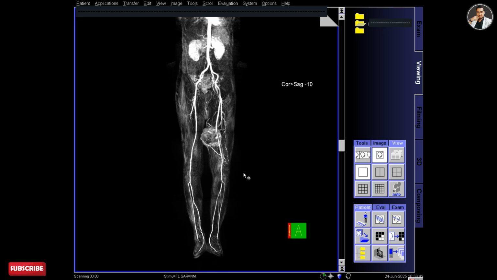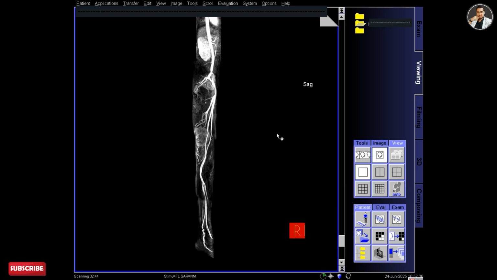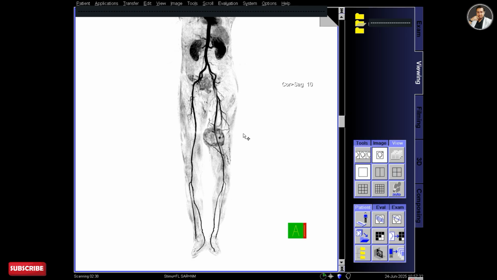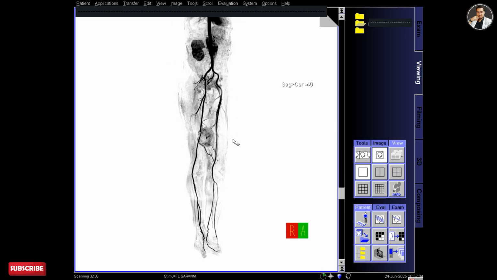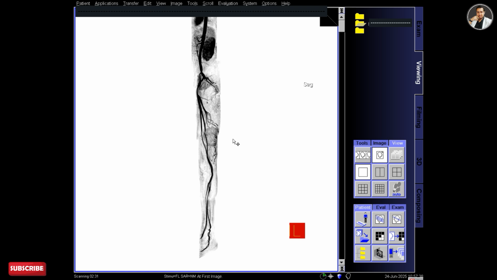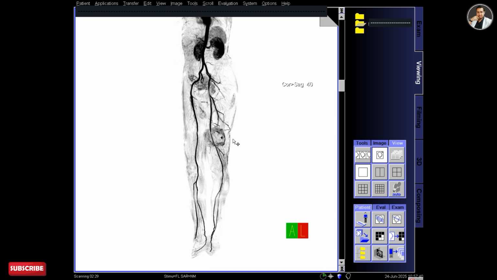Now I have to print these images to filming, and for this select the series. You can also print inverted images, so you can use the invert tool from the software.